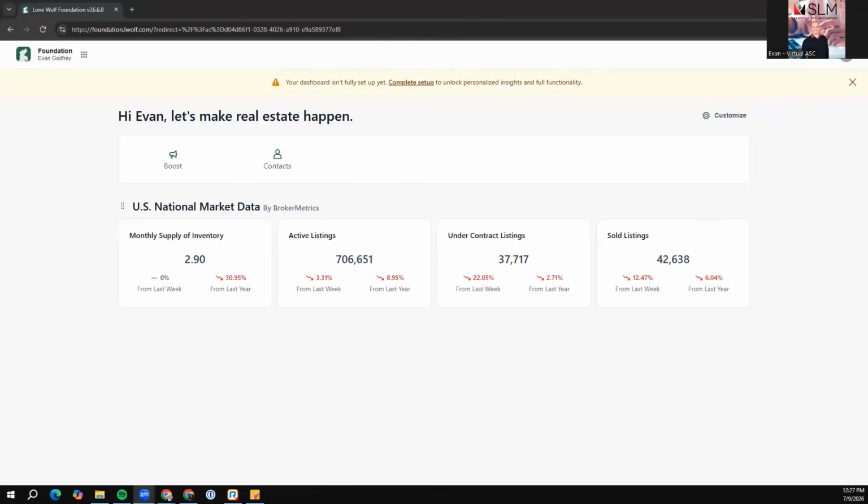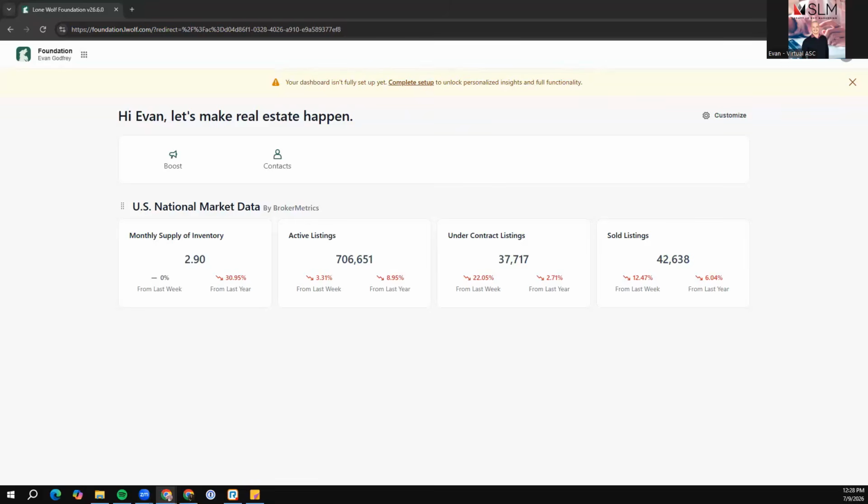Today, I want to show you how you can get some of those documents you may use for onboarding out of your DocuSign templates and put them into Lone Wolf a little easier. I know some offices have been struggling because when you go to add them into Lone Wolf, it only allows you to add one form at a time. And when you download the documents from DocuSign, you have that little DocuSign Rooms tag in the top corner. So I'm going to show you an easy way to get around all of those